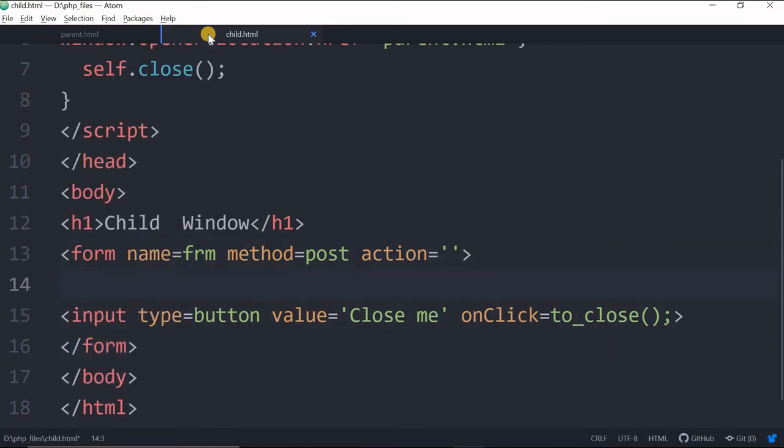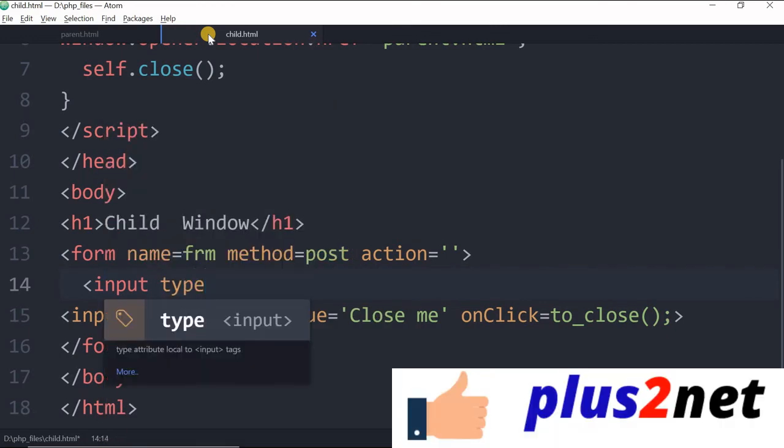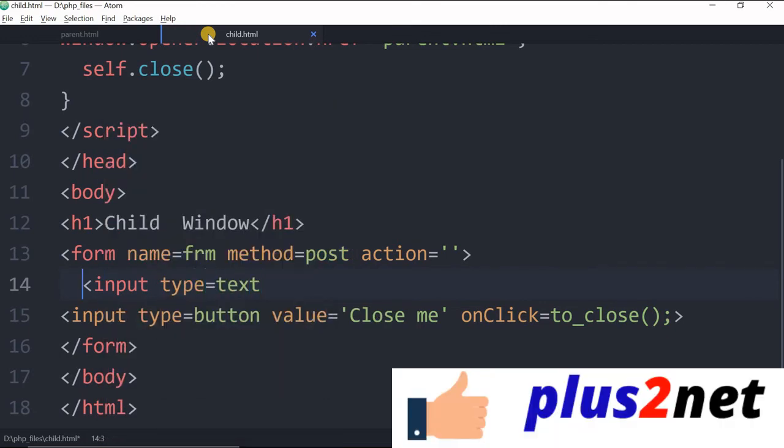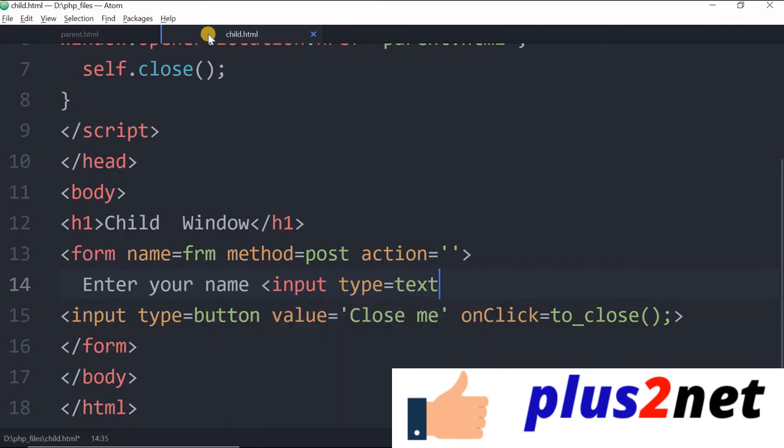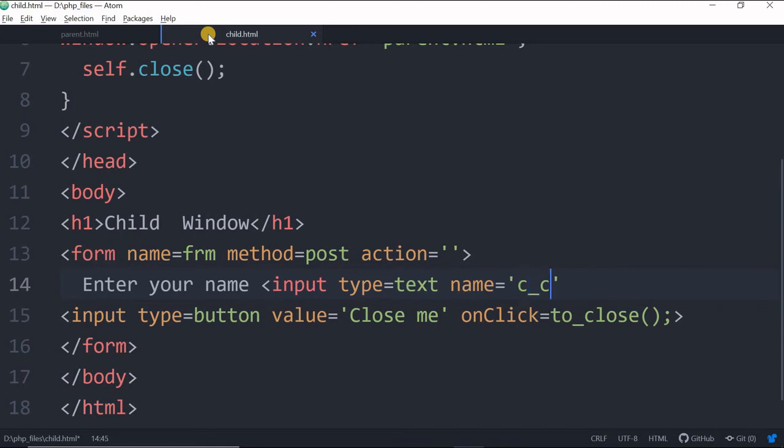Now here we'll write our name. Before that you can write enter your name, anything you can write. Input type text, name equal to cname, it is the child window name. So this will be used to access the data.